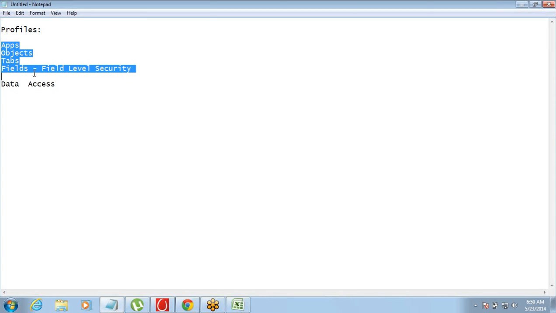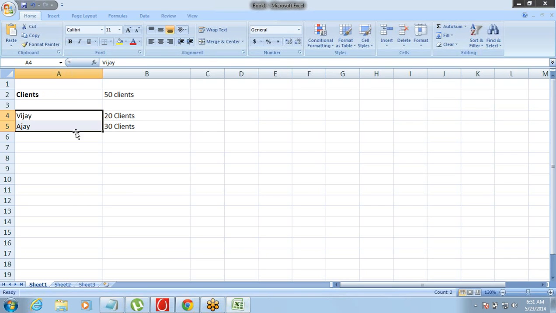So for that, what we do in Salesforce is there's this concept called sharing settings. What is sharing settings? Sharing settings is the setup that we do for the sharing of records. Okay. So as I told you, Ajay owns 30 clients. So these 30 clients, who is the owner? Ajay. These 20 clients, who is the owner? Vijay, right? So whether Ajay will get to see Vijay's record